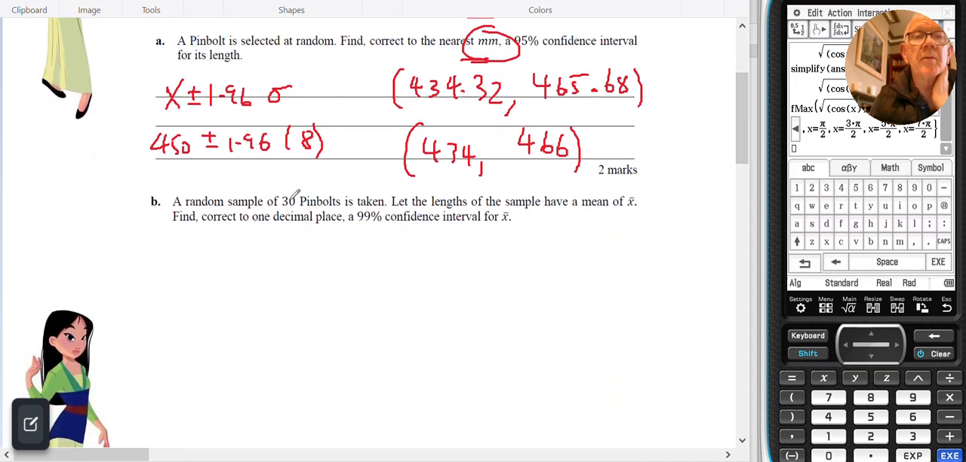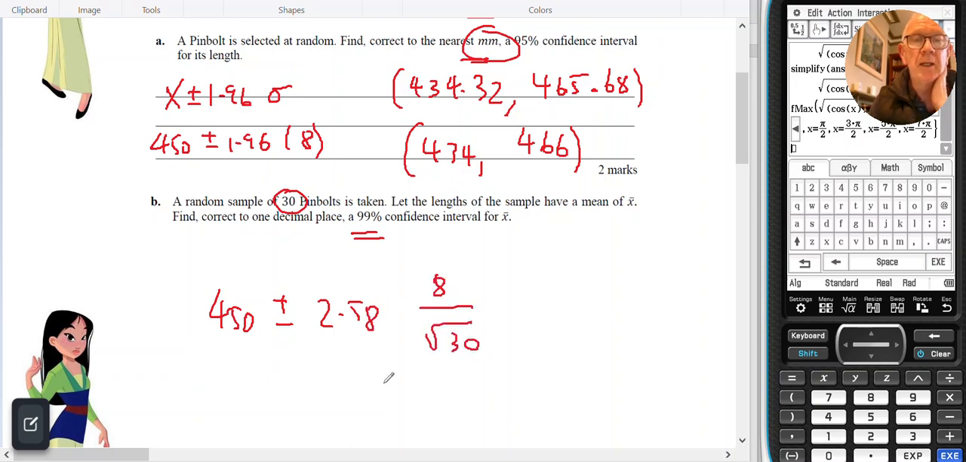A random sample of 30 bolts is taken. Let the length of the sample have a mean, and find, correct to one decimal place, a 99% confidence interval. 450 plus or minus, for 99%, 2.58 times 8 over the square root of 30, and jumping on a calculator, that gives you